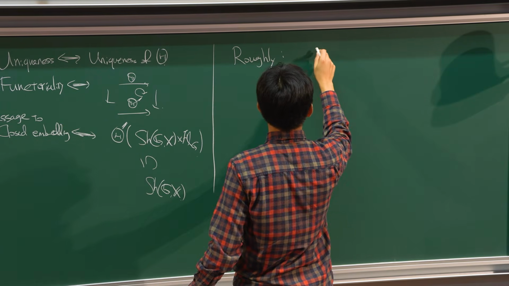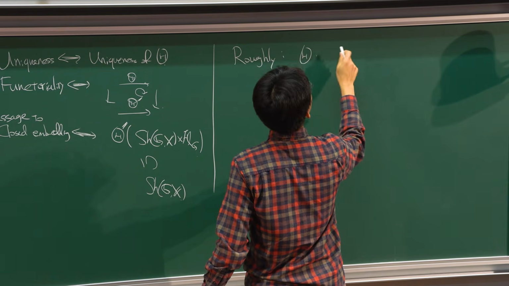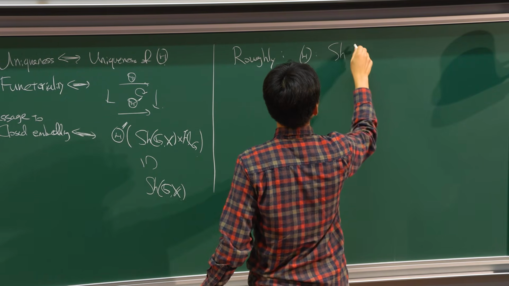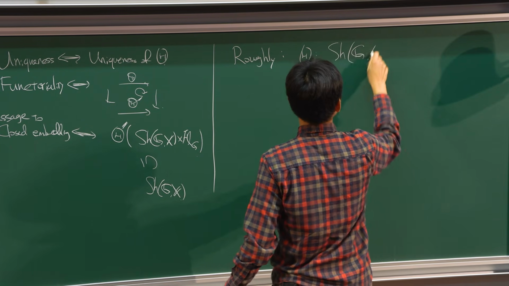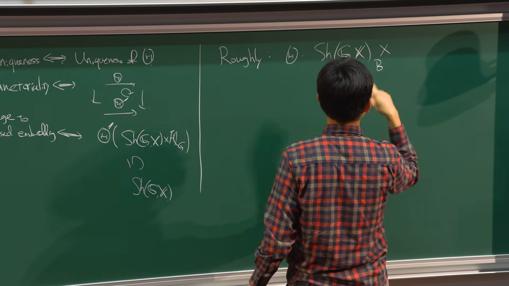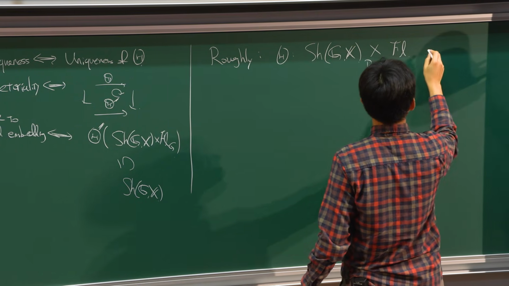If I have theta from, I can even use the modular curve, but let me just write it here and then assume it's a case of a modular curve, Bun G, flag variety to